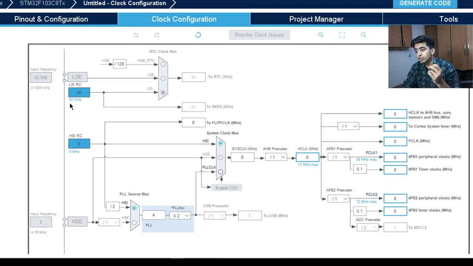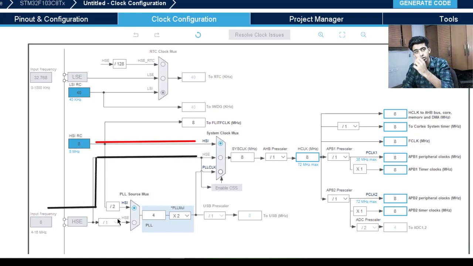Okay, so now the first thing which we need to do is feed our system clock, because from this system clock only all our GPIO, UART, timers, CAN, SPI, I2C peripherals will be getting the clock. So first we need to configure the system clock. Now by default it is directly powered from the high speed internal RC oscillator, which is 8 megahertz. And if you need, we can provide it from the external high speed crystal oscillator, like the oscillator which is present in your blue pill.